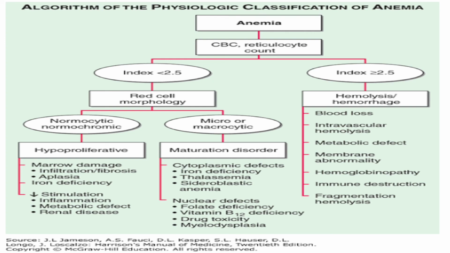If it is less than 2.5, we look at the red cell morphology in the peripheral blood smear. If it is normocytic, normochromic, then the chances of hypoproliferative disorders are there. We have to rule out marrow damage and decreased stimulation of the bone marrow. Marrow damage may be due to infiltration, malignancy or fibrosis, aplasia, iron deficiency, understimulation due to inflammation, metabolic defects, renal diseases,